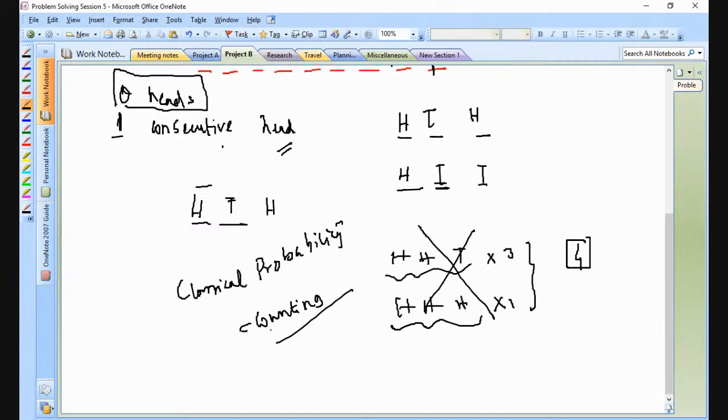So rather, what is the best way to count? If you could just start counting, you'll understand that whatever the next step is depends upon whether the previous step is heads or tails. So whenever this comes to your mind, this should give you the idea it's based on conditional probability. Understand this. As you're trying to do this, suppose I keep it heads over here. Now, depending upon what it is, the next one we have to determine, right? Whether it's tails or heads.